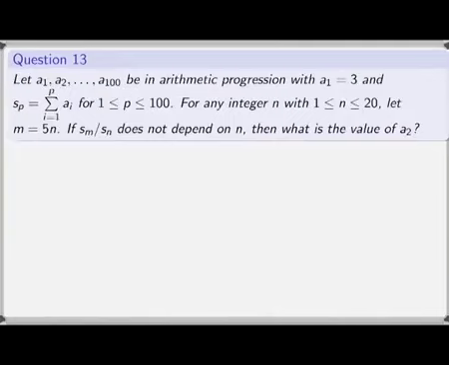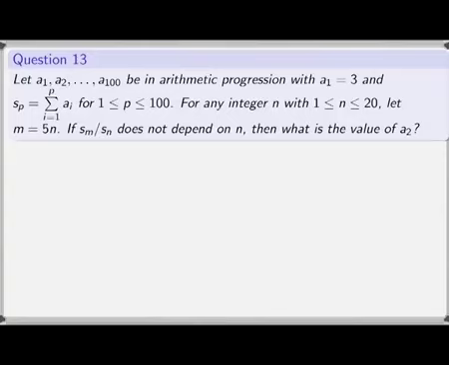Here is the question number 13. Let A1, A2 up to A100 be in an arithmetic progression with A1 being 3, and let us call the sum over i running from 1 to P of Ai as SP for all 1 less than or equal to P less than or equal to 100. For any integer n with 1 less than or equal to n less than or equal to 20, we take m to be 5n. Then if Sm by Sn does not depend on n, we shall find out the value